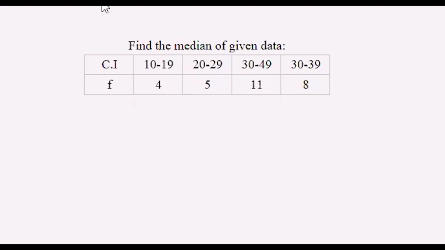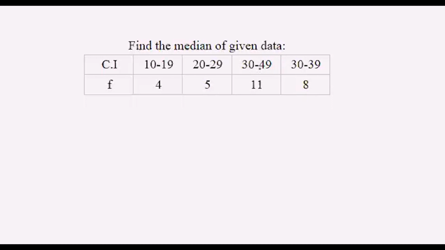You see here the class intervals 10 to 19, 20 to 29, 30 to 49, and the corresponding frequencies. If you look at the question, it's clear that the data is discontinuous. See here: 10 to 19, 20 to 29, 30 to 39, but over here 30 to 49. Over here, two discontinuous class intervals have been merged. For that, we need to separate